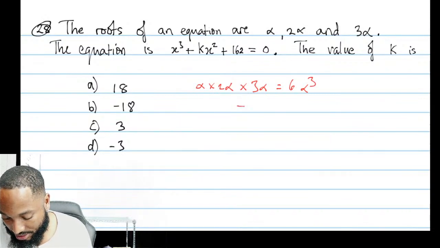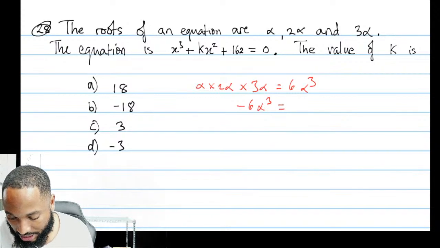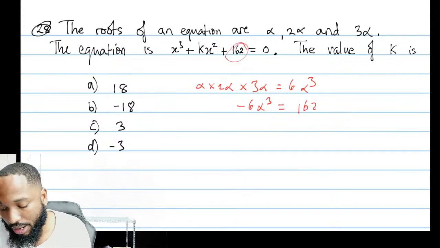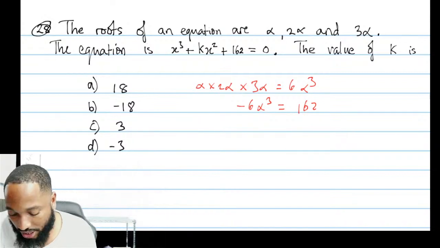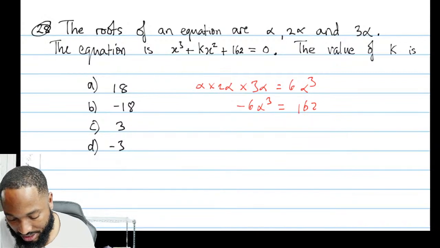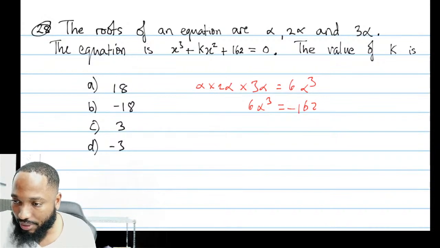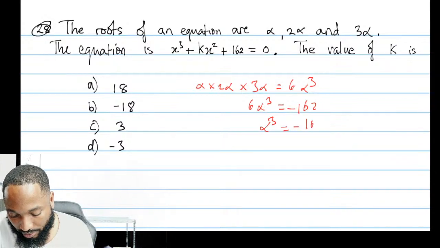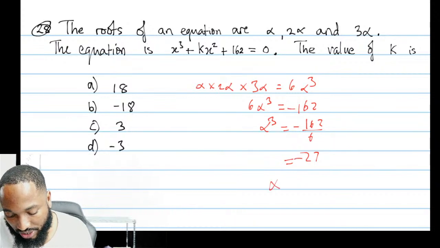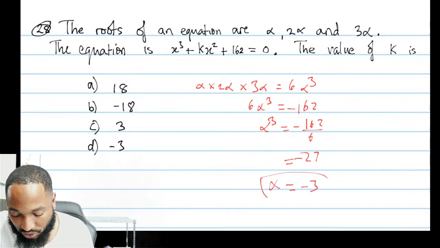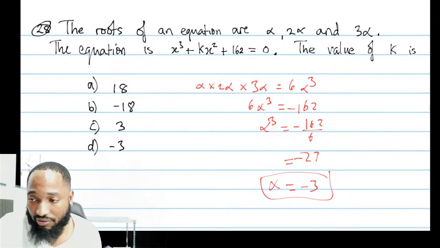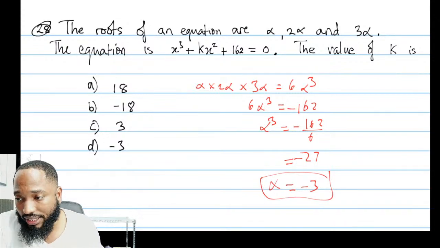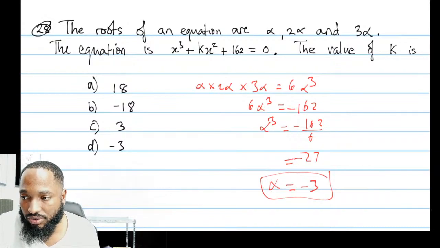And we know that the negative of the product is equal to this number that stands by itself there. The product is equal to the additive inverse of that number, minus 162. Any way you want to write it. So alpha cube is negative 162 divided by 6, we get 27. In other words, we boil that down, we get the cube root, negative 27. We boil that down, we get negative 3. Don't put negative 3 as the answer. They didn't ask for alpha. They asked for k. And k is the negative version of the sum of the roots.